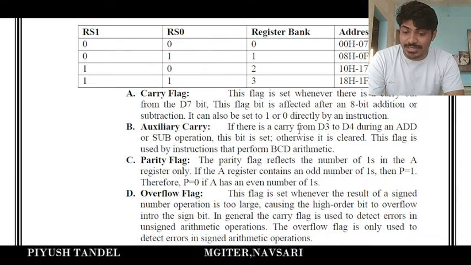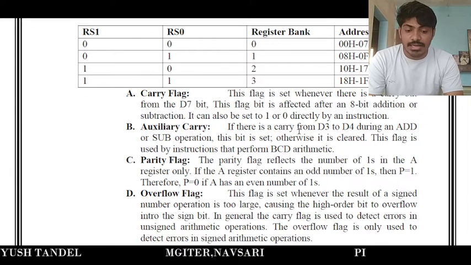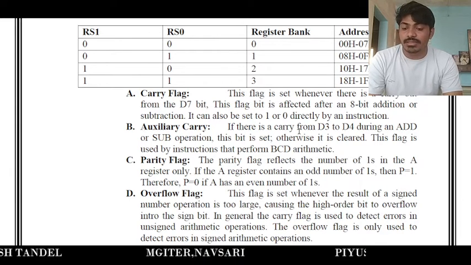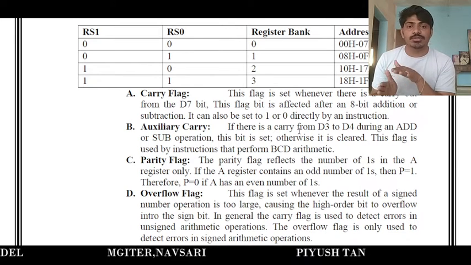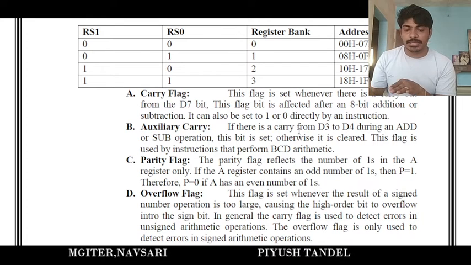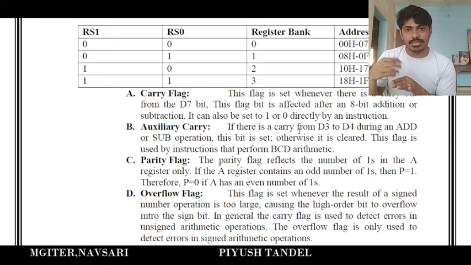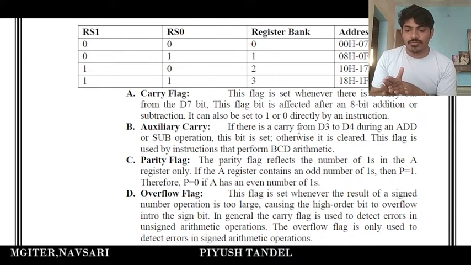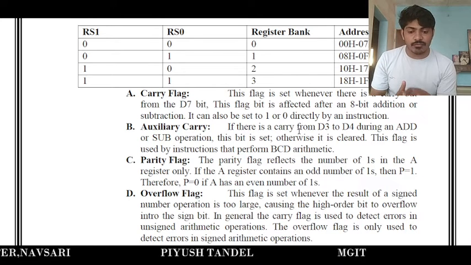So first one, carry flag. This flag is set whenever there is any carry out from the B7 bit. मतलब कि लास्ट बिट के बाद भी कोई डेटा रह गया है जो लास्ट बिट में स्टोर नहीं हो रहा है तो उसके आगे चला जाएगा, तो वो जो डेटा उसके आगे चला जाएगा वो कहीं पे स्टोर नहीं हो रहा है, लेकिन पता तो चलेगा कि यहाँ से डेटा आगे कुछ ना कुछ आ रहा है, तो वो डिफाइन करेगा कि कैरी फ्लैग एक्टिवेट हो गया है। This flag bit is affected after an 8-bit addition and